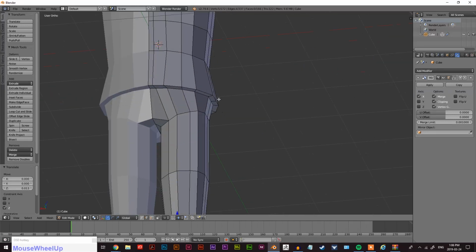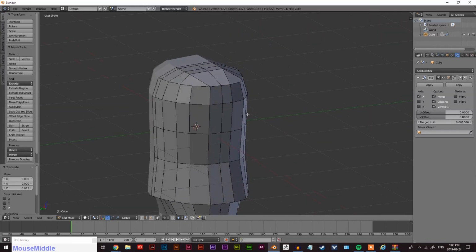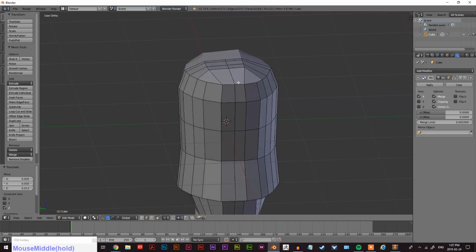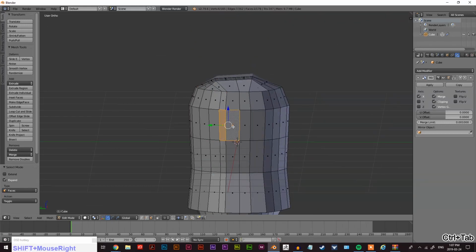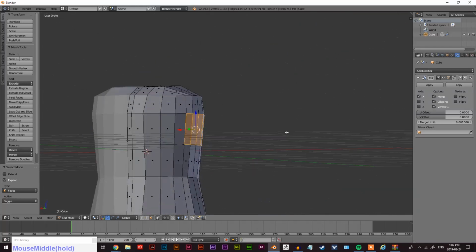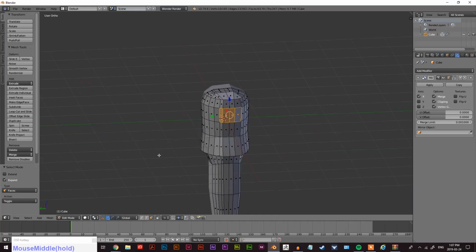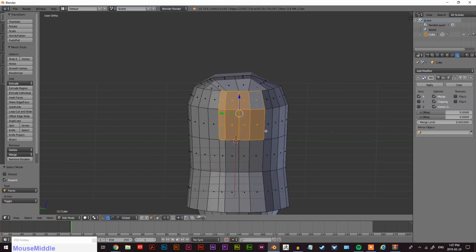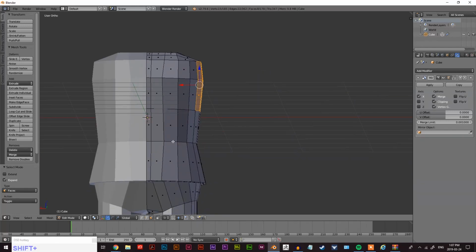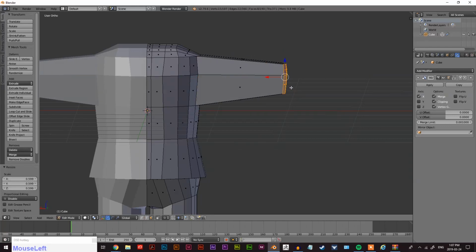Let's go generate his arms now. So remember how we made loop cuts over here? Knowing in the future that we're going to use this edge over here to create his arm. Let's make one more right about there. Yeah, that looks good. Now let's go into face select mode and select these faces over here. Yeah, that looks like about his arm, right? Yeah. No, actually, I'm going to select up to here because we also need to account for his shoulder. Yeah. All right. Great. So hit E to extrude out, S to scale in, G to bring it down, R